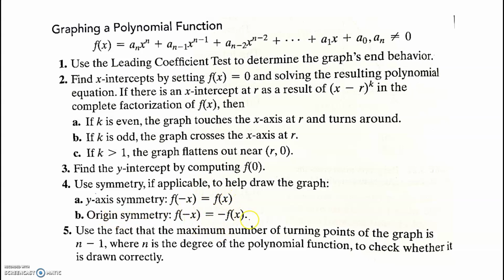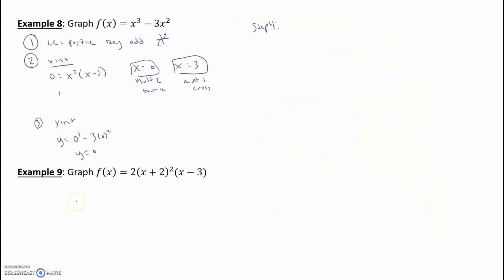Origin, if you plug in negative x, you should get the opposite of your function. So let's plug it in. Negative x cubed minus 3 times negative x squared. And we get negative x cubed minus 3x squared. So we get the same function, which means we're going to have symmetry